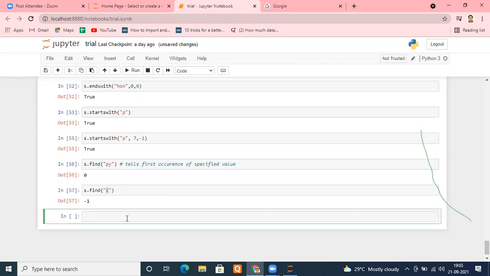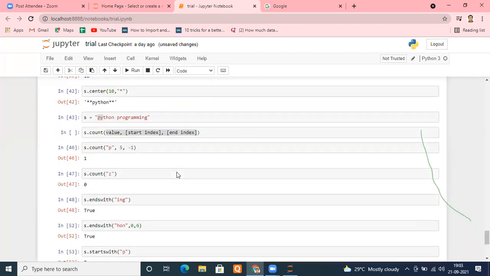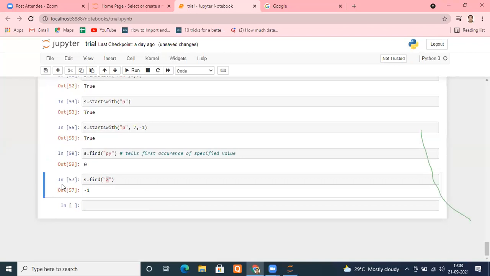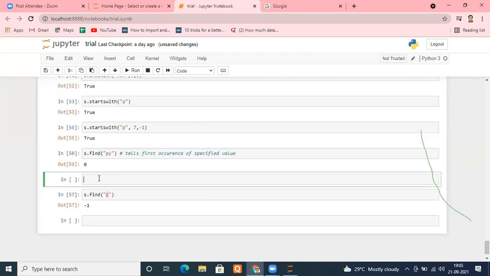Sir, actually we are getting confused here. Like -1 is the index of the last character. No, no, that's different. Remember, that's not the case. In this case it will not return a negative number. Let me take a different string so you'll understand and we don't get confused. I'll tell you. Don't worry.